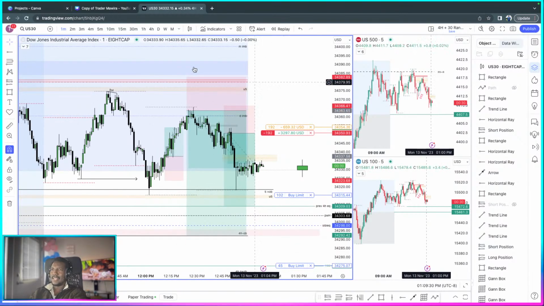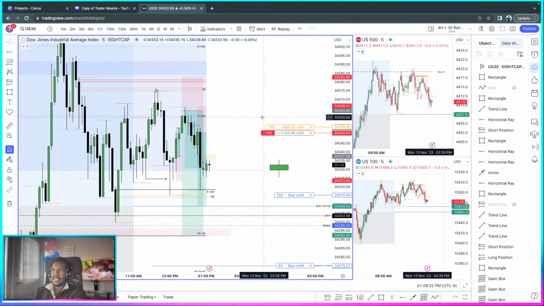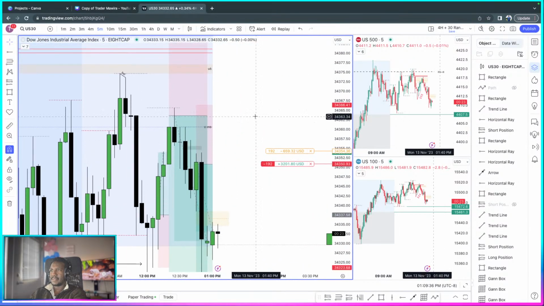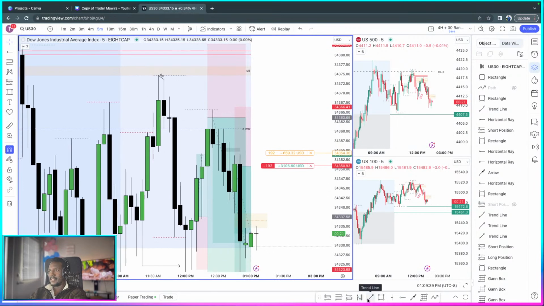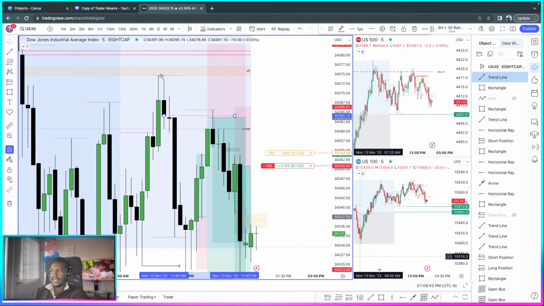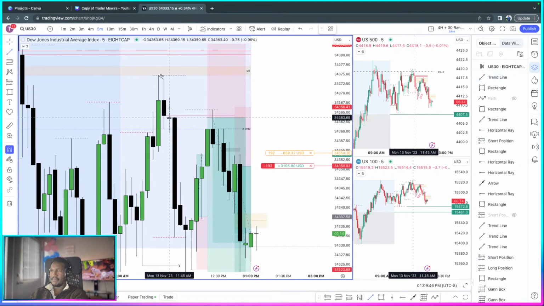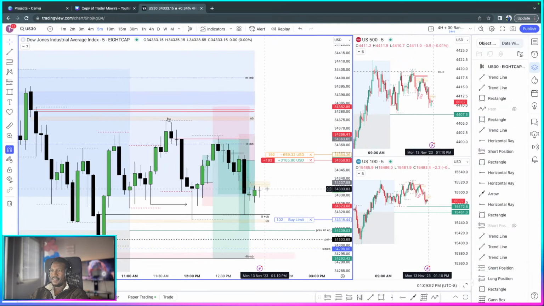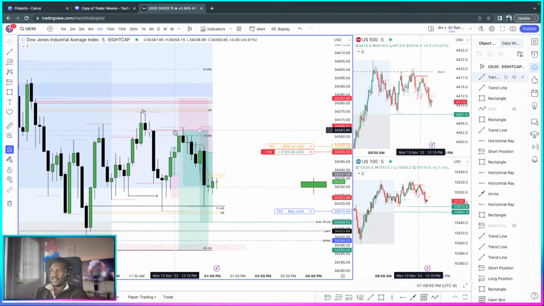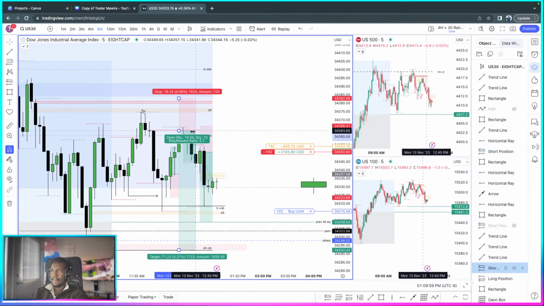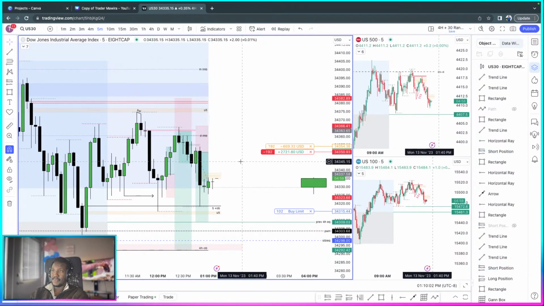And you can see, actually, I should have left those lines alone for the sake of journaling purposes, because what I said would happen is what happened, right? I was like, we can get to that 5-minute imbalance right there, and then we can see the market shoot down like crazy, and pretty much that is what we have seen. So that was the original entry, and this one right here. So wow, these are good trades.